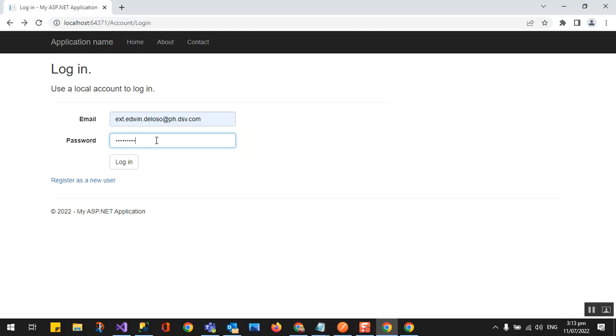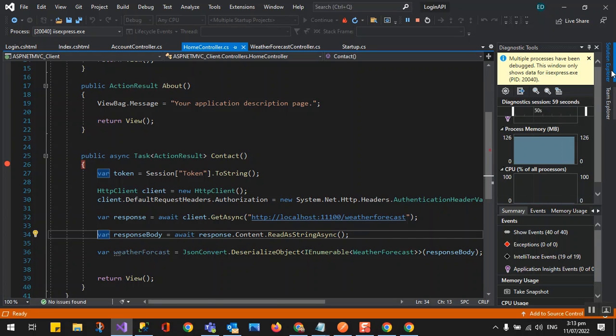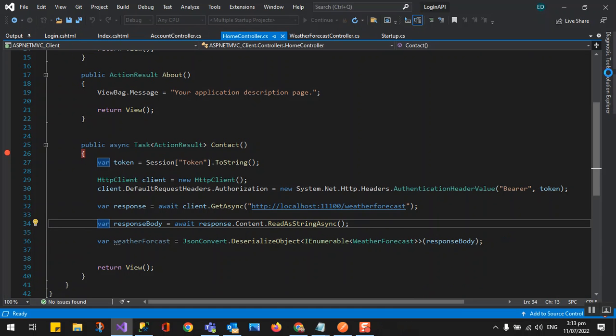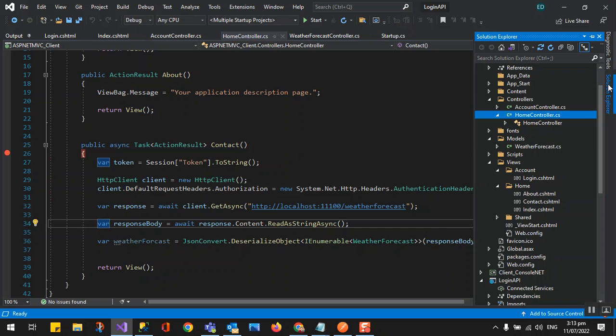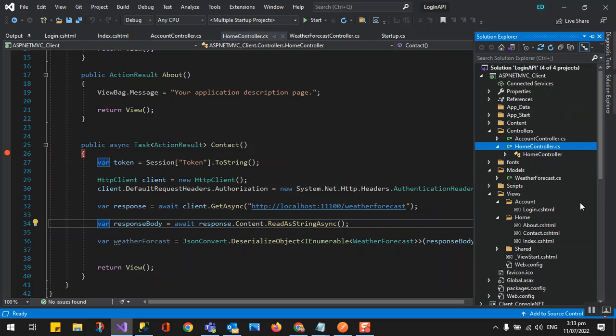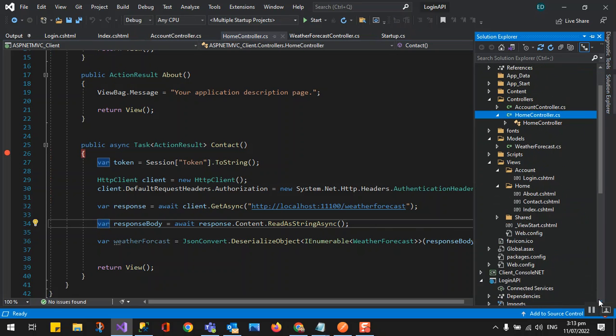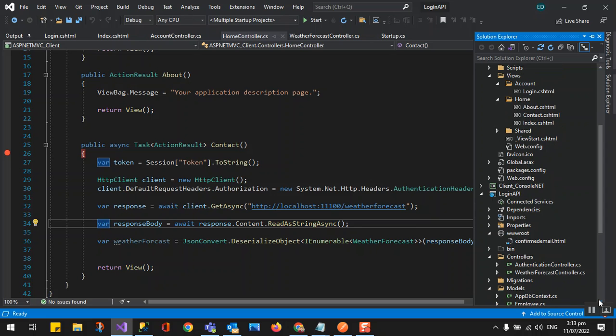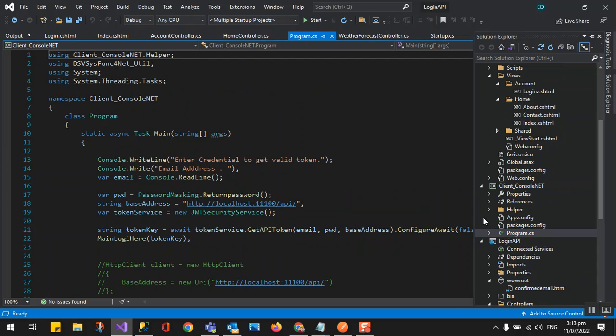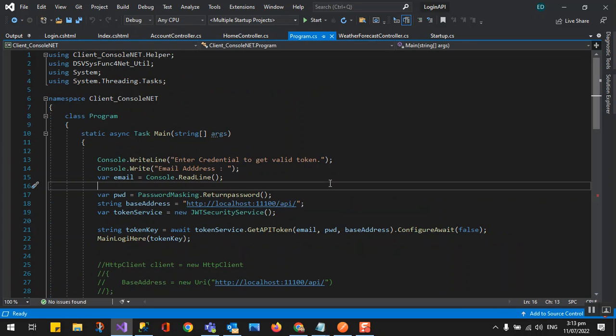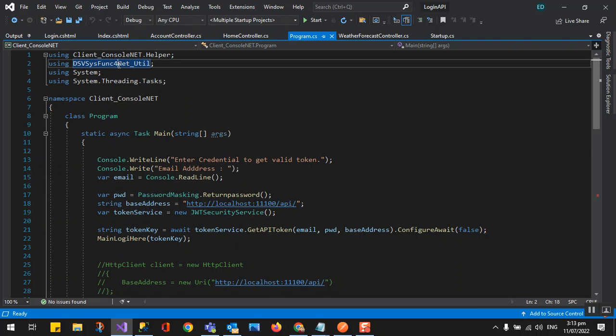All right, so I think that's for now. One more thing is I also have the console application here. Basically, this is the console .NET. Same, but this one I already put in a class library.